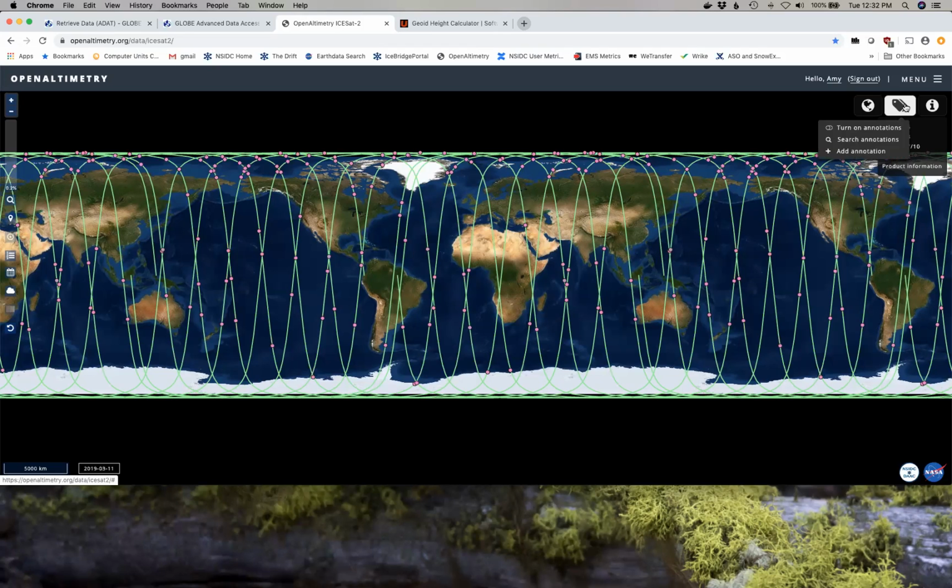And lastly, I'll show the annotation option. If I turn these on, you can see across the map where people have added annotations for points of interest or potentially problems they found in the data. So this is a good reporting tool. If you think you're seeing a data anomaly, you can add an annotation,